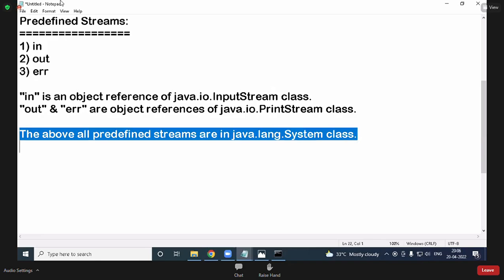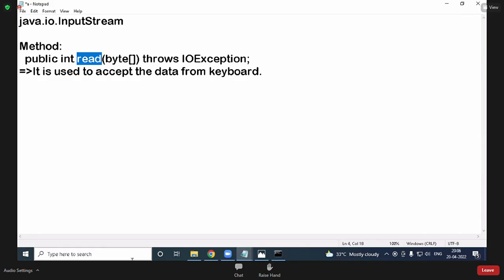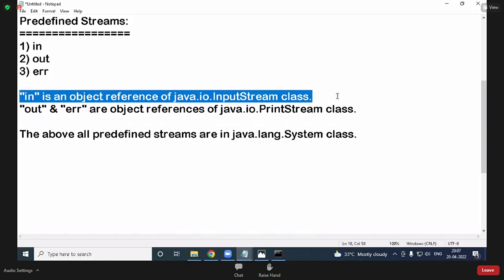Now, actually, I want to call this method. It is an instance method. Listen with more concentration. For an instance method, there are two ways to access: either object or object reference. Which class object? InputStream. An InputStream object or InputStream reference is required. But an InputStream reference is already present, because in is an InputStream reference only.